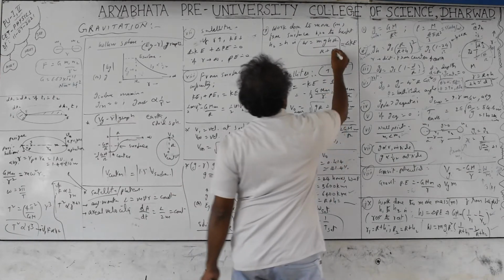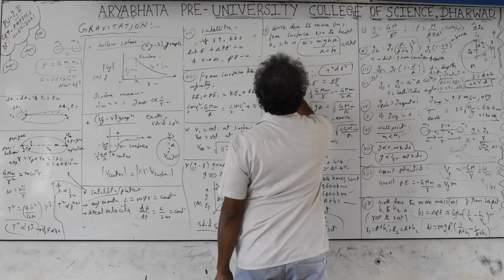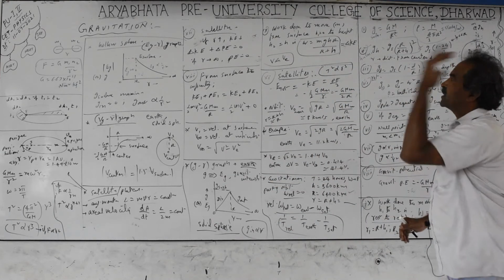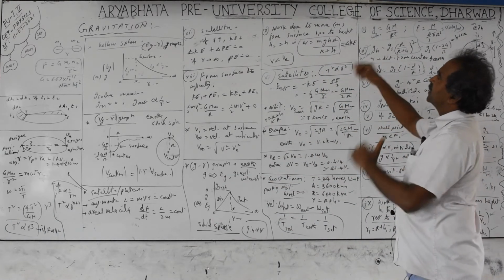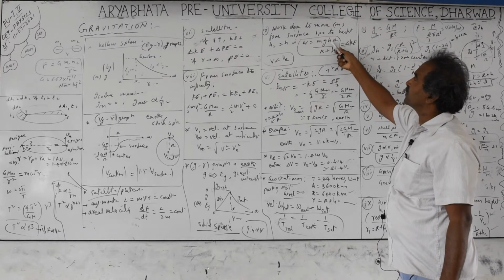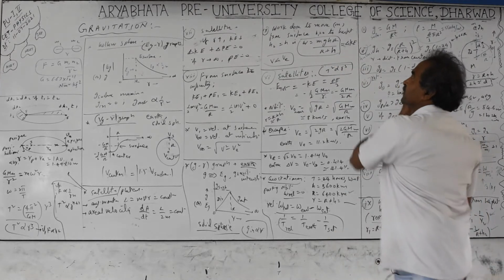You are throwing the object, and the velocity must be less than escape velocity; that condition is compulsory. If you give escape velocity, it will escape from the earth's attraction and go to infinite distance, which is not this condition. Again, it is sending from one height to another height. If you are sending to infinity, then h becomes equal to infinity. You take this h into the denominator, R by h plus h by h, like that you have to take.